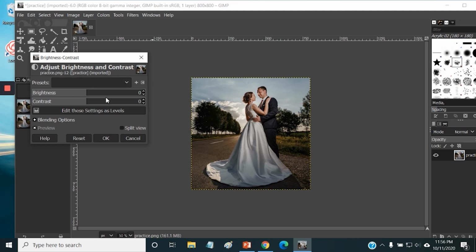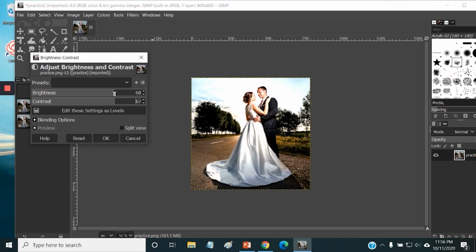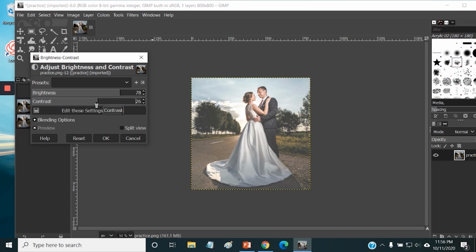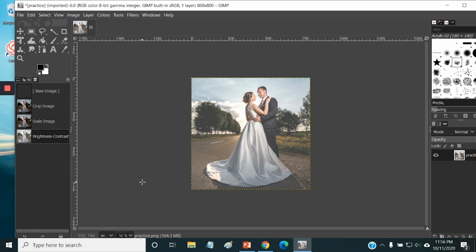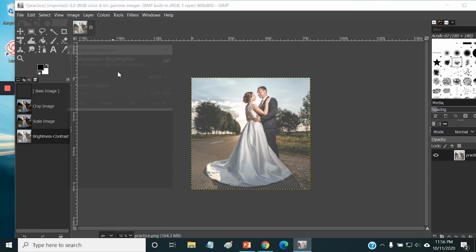If you have an old photo that's all washed out or just way too dark, you can mess with the brightness a little bit. And as you can see, you can do a little something with the brightness and contrast. Once you have it the way you like, hit OK, and there you go. Just to look at another option, we'll click on Color, we'll do Shadows and Highlights, and